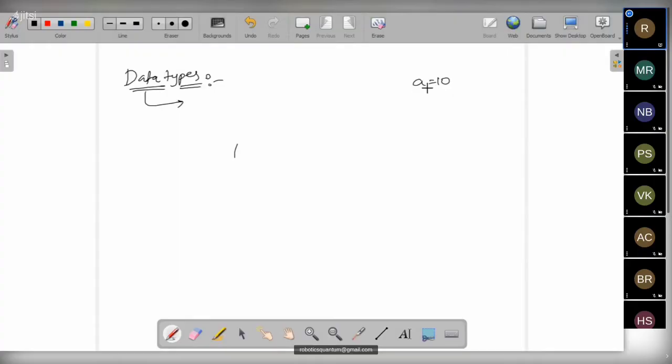Here I have the value of 10. If I want to hold this 10 into the variable A, if we want to hold the data of 10 into the variable A, we require a variable. A is the name. We are using an alphabet which is used to hold the value. Okay. Likewise, we also require some variables like X or anything.